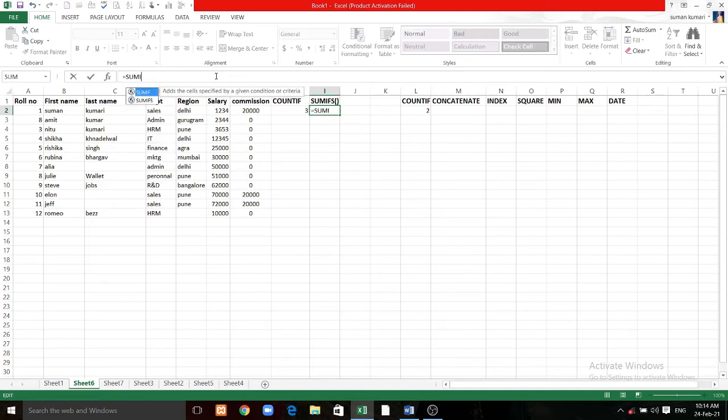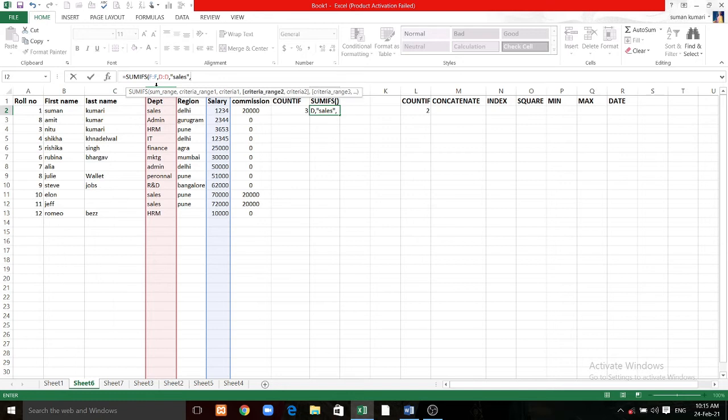So do it with the SUMIFS formula. Now the sum range. First what I have to find out is salary, so select the salary column. The first condition is the department should be the sales department.